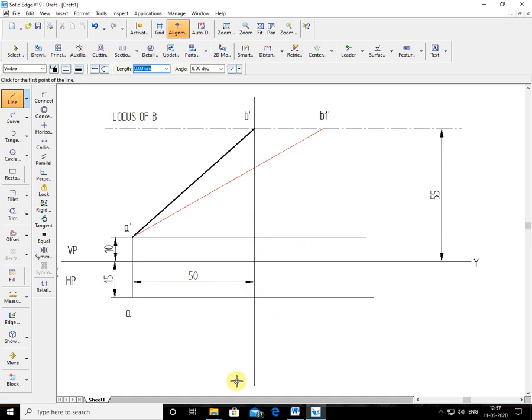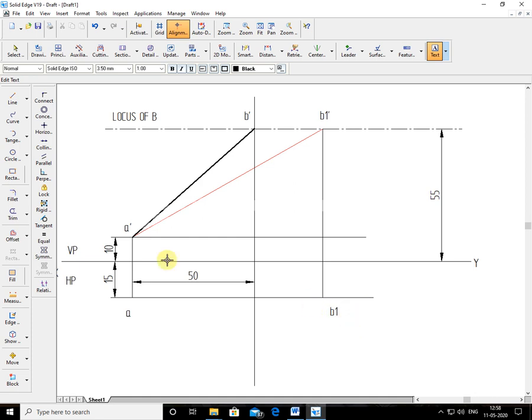Now see here, you know the true length. Already this true length is there. What is the procedure you follow if true length is there to get top view? You will project this true length down up to the level of A. Thickness should be 0.13. Okay, then B1 dash becomes B1.